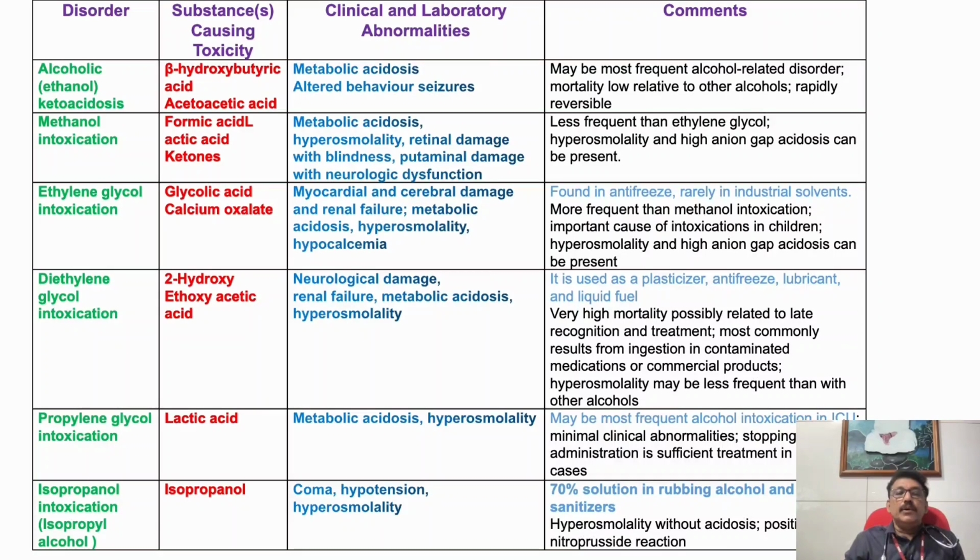And you see another important one among this group, propylene glycol intoxication. It can produce lactic acidosis, hyperosmolality. This is very frequently used with some drugs we use in ICU, so we'll discuss that, but it is not clinically that important for an ER physician, because when we give such drugs, we know that this type of additive to the IV preparation can produce some of the abnormalities like lactic acidosis. So better to avoid these drugs or understand that this lactic acidosis is produced by these drugs, that's all.